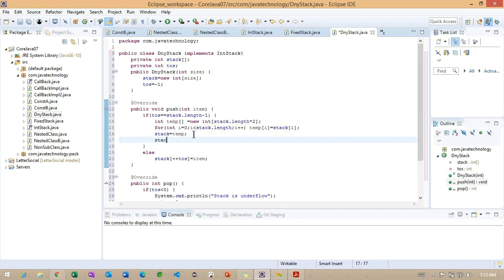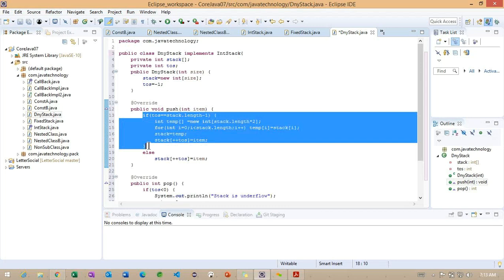After that, the stack at the top index is equal to item. This is very important, and only this way can we implement this dynamic array.